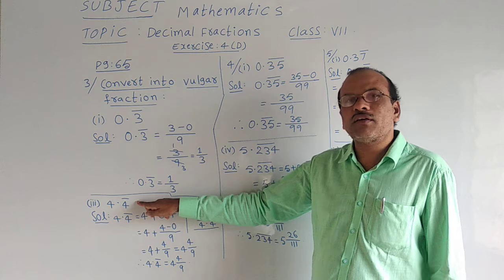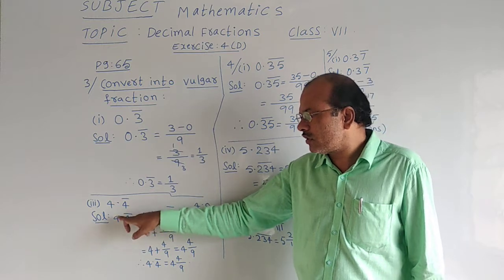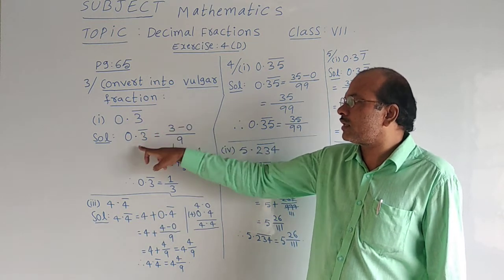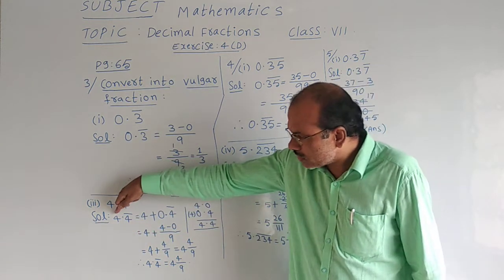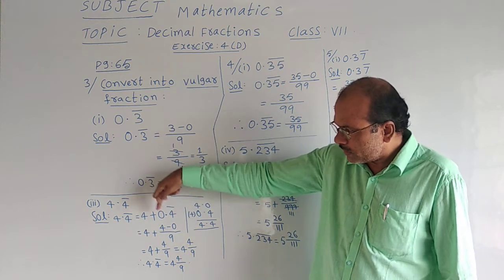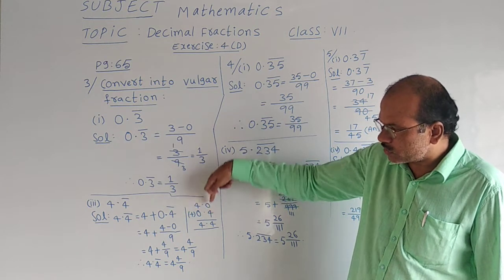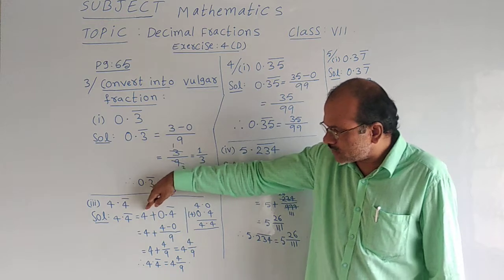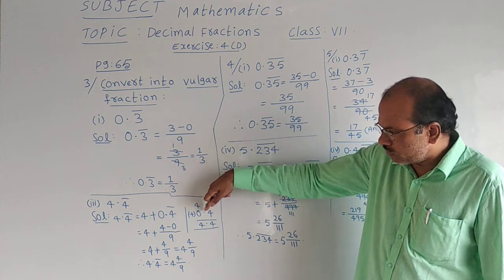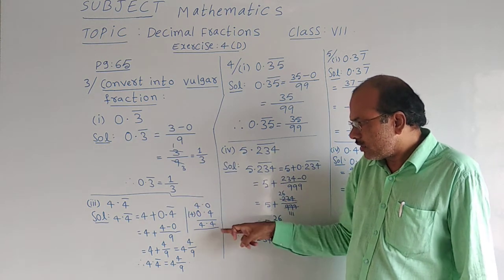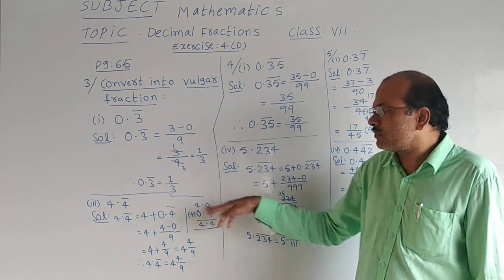Same way 4.4 bar. In this 4.4 bar is not having a 0 in the starting like 0.3 bar. Here 0 is there. But here we don't have 0. That's why what we need to do, that 4 I have to write as it is 4, plus this 0.4 bar can be written as 0.4 bar. Here some clarity was shown as a rough work. That 4 is called 4.0, this 0.4 bar, 0.4, and if we add, we will get 4.4. That is only this 4.4 bar actually.